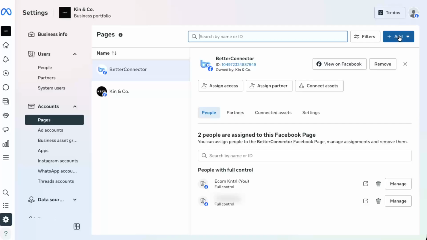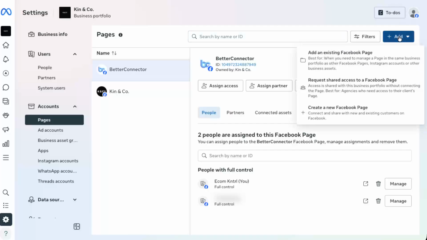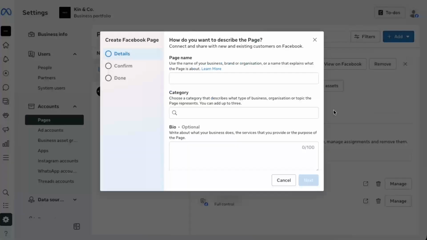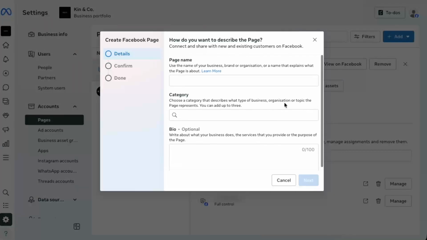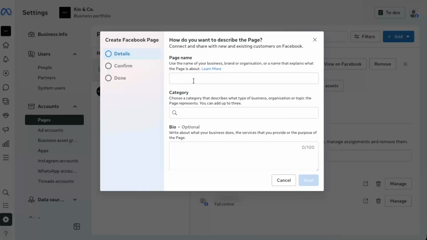Now, on the right side of the screen, look for a button that says Add. This is the button you use whenever you want to bring in an existing page or create a new one. Click on Add, and a small menu or pop-up will appear with several choices. From those options, select Create a New Facebook Page. This tells Meta that you want to start fresh with a brand new business page, rather than connecting one that